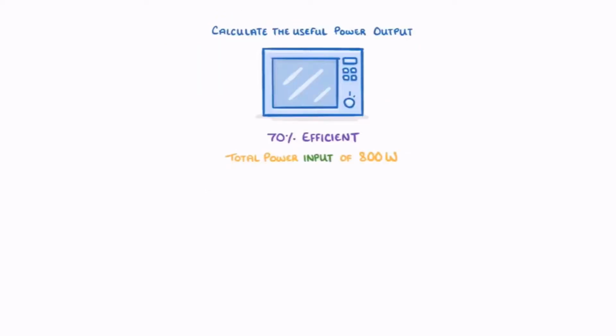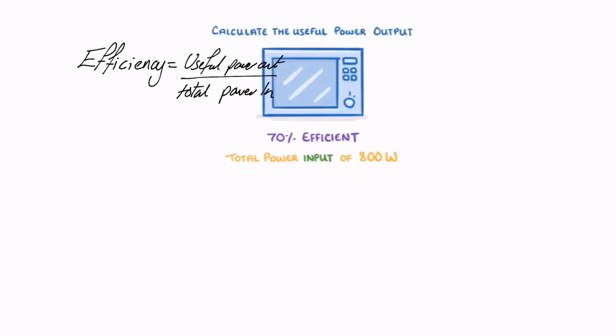Okay, so let's have a quick look at this question. This question is asking me something slightly different in a slightly different way. It's asking me to work out how much useful power you get out. So this time we need to change the efficiency equation a little bit, because the one I used previously had energy in. But because power and energy are related to each other, I can replace the word energy with the word power. So I can have useful power out divided by total power